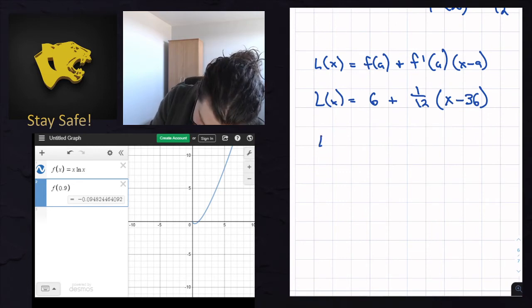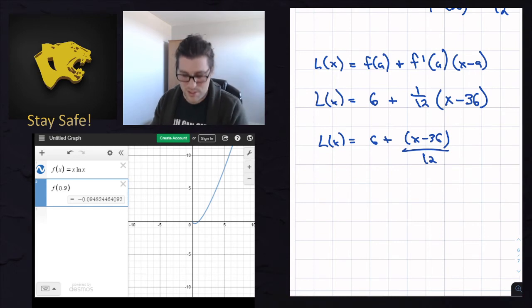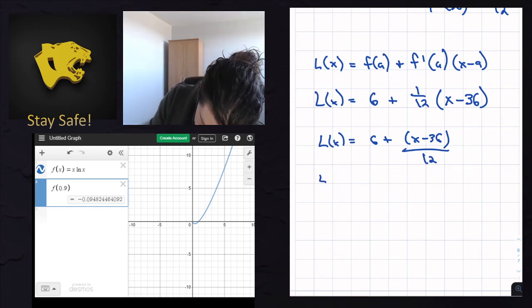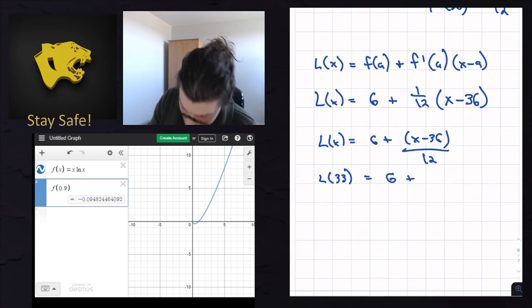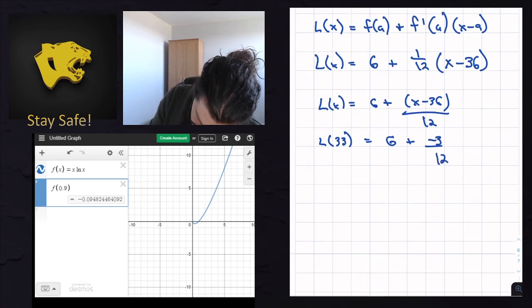So we get linearization is going to be 6 plus x minus 36 over 12. We want to know this thing roughly at 33. So the linearization evaluated at 33 is going to be equal to 6 plus 33 minus 36, which is negative 3 over 12. It's going to be negative 1/4. So this is about